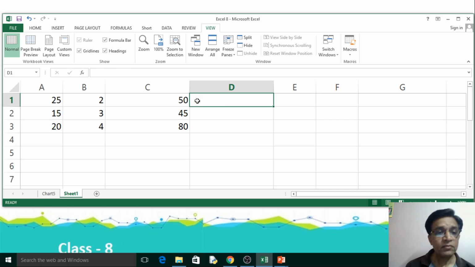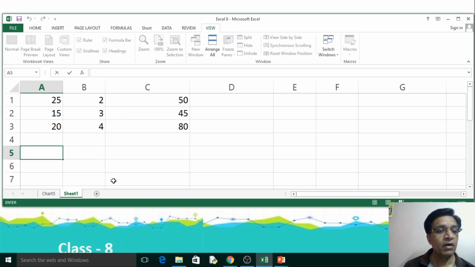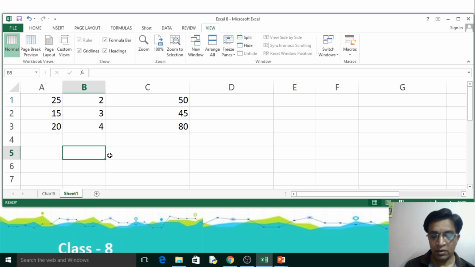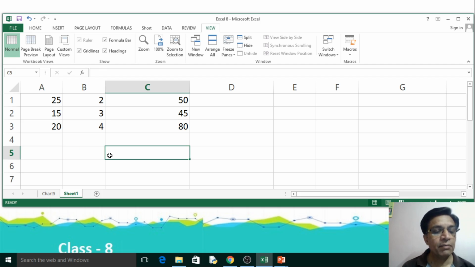Now the mixed reference. For example, here in the cell C5, listen carefully, I have written the formula A1 multiply B1.